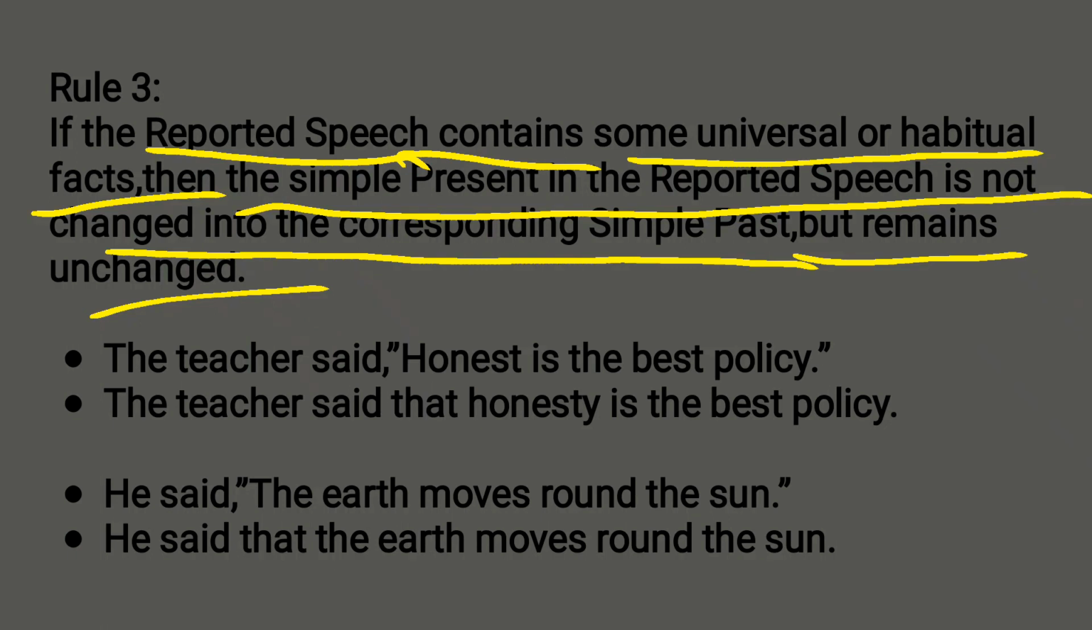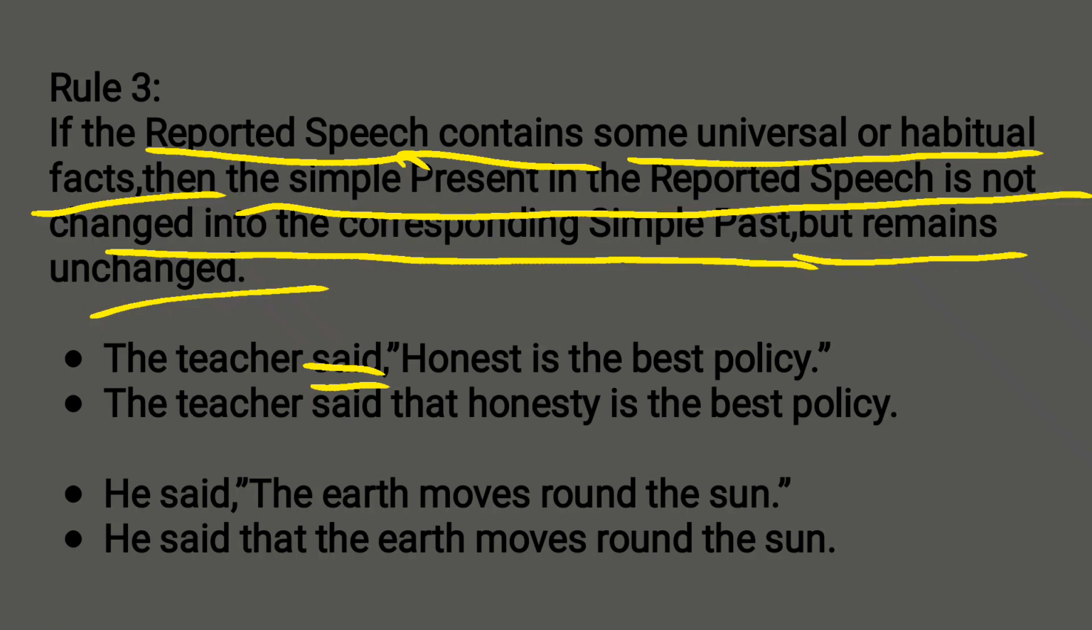The teacher said... the reporting verb is in past tense, so we have to use the exact rule that we are in the rule number 2. That means whenever the reporting verb is in past tense, then the reported speech is also changed into past tense. So that was the rule in the second rule, yes or no? But